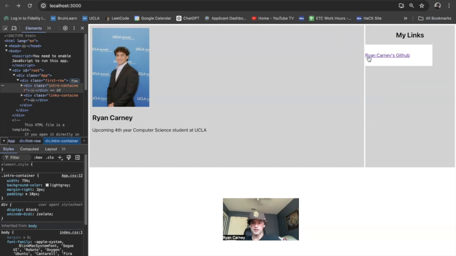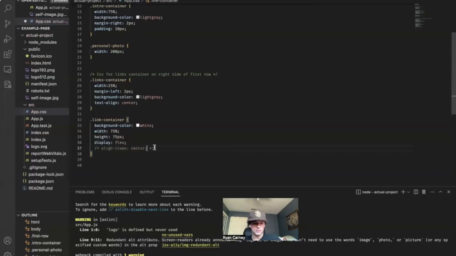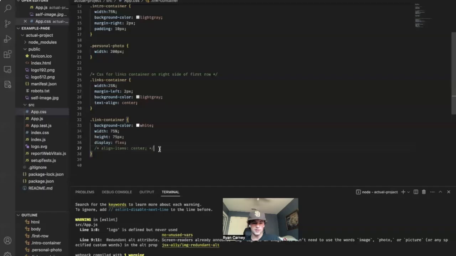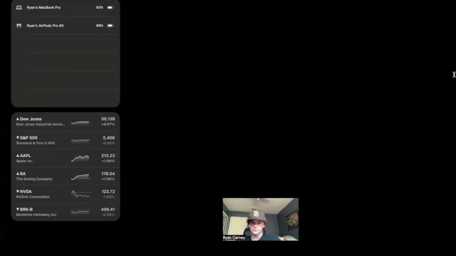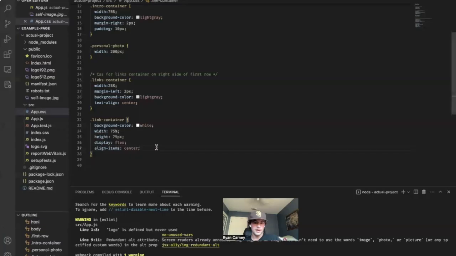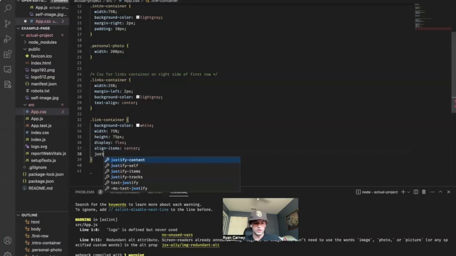So that align items basically just made it so, here, I'll comment this out just so we can see. Before it was a little bit up in the box, but then if we go back and uncomment this align items, then it goes to the center of our div, which is exactly what we wanted. And then also we can do justify content center,